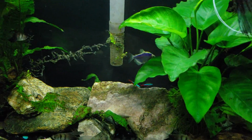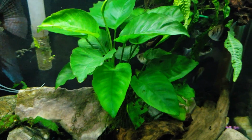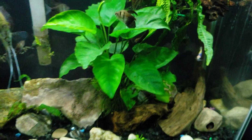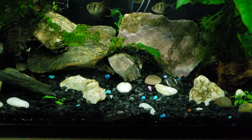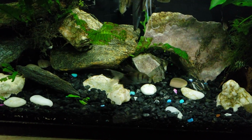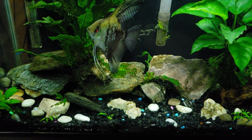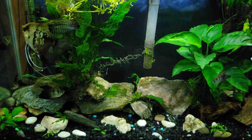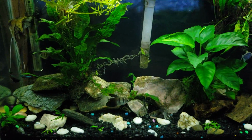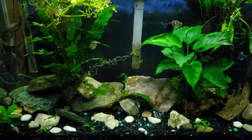I got that way back in my early days, and that is actually one of my earliest original fish, and it's still alive in this tank. And then the striated botias, which we can see occasionally, they'll make a little appearance down there on the bottom. They're pretty skittish though. Those are some pretty old fish. I've had them since the beginning when I first set this tank up about, I don't know, I guess 6 years ago now. So some of the fish in there are way back originals and some of them are newer,